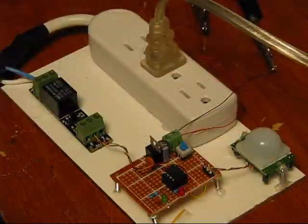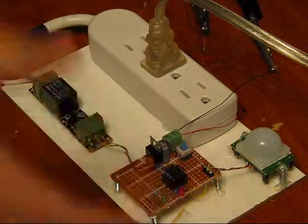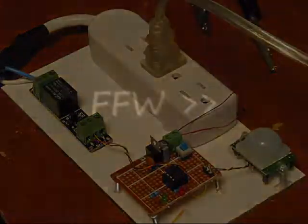So I'm going to go out, I'm going to turn off the light. Not that you need to turn off the light, but so you can see the lamp. The Fresnel cap filters out ambient light, so it doesn't matter if lights are on or off. It picks up infrared signals from the human body. So I turn on my power supply, and I'm going to leave the room. I'm standing a little bit back. Once you see that red LED go on,